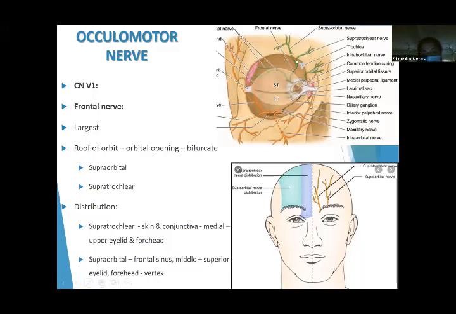ठीक है, this is the largest branch of the ophthalmic, frontal nerve जो है, which is the largest branch of ophthalmic nerve. बेटा ये oculomotor नहीं है, I'm sorry about this mistake. ठीक है, runs along the roof of the orbit, ये देख लीजिए, and then at the margin of the orbit over here, it divides into two, the supratrochlear